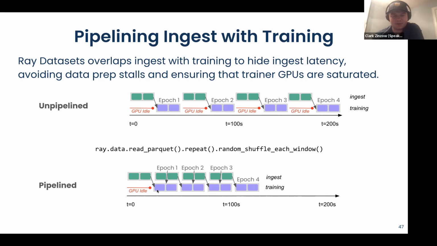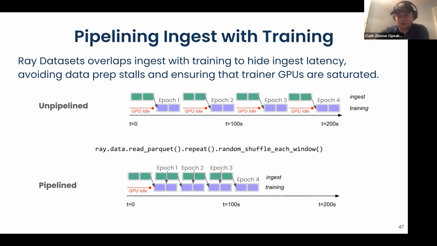By making sure that we're always doing ingestion in parallel with training, we are always able to ensure that when it comes time to train on the next epoch, the pre-processing and the ingest for that epoch will be done.